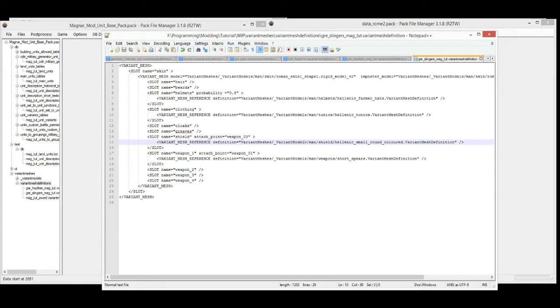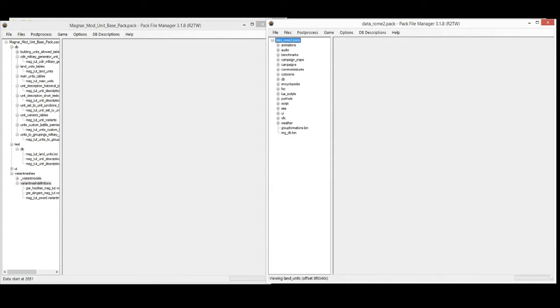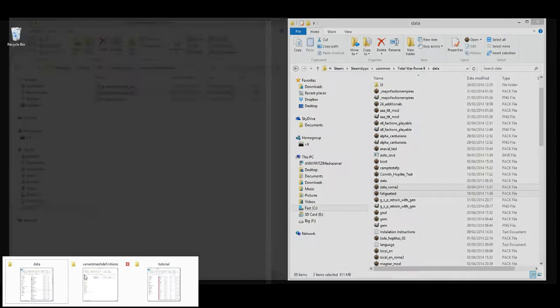gree_slingers_mag_shoot, and essentially it's just a slinger unit which I've added a spear to. In the game there is no animation for a slinger to have a spear, and so that's what we're going to show you how to do in this episode. It's pretty quick and easy. So I've already added that to the pack, and the base version I'll make sure is,